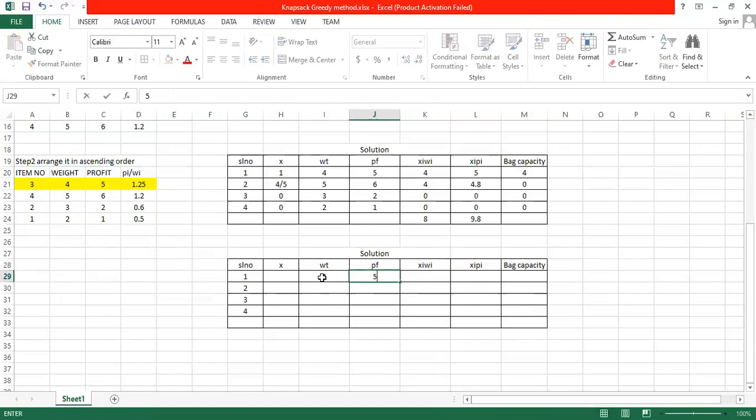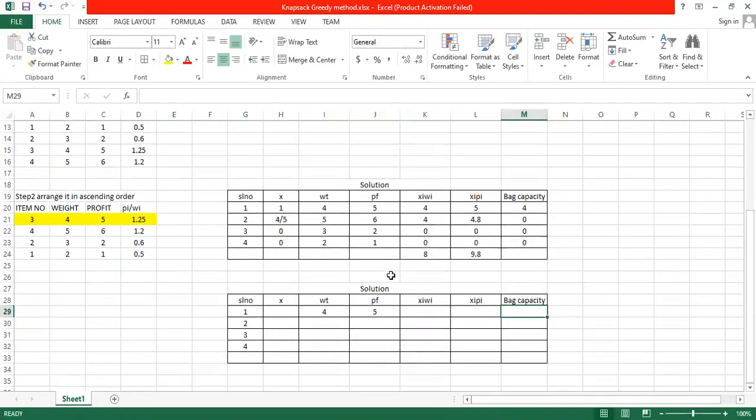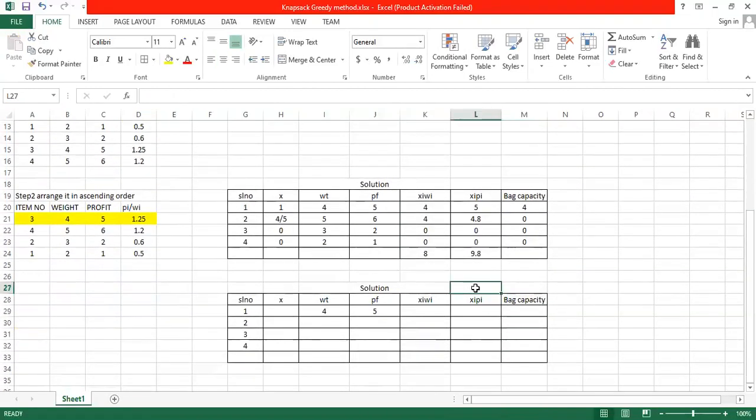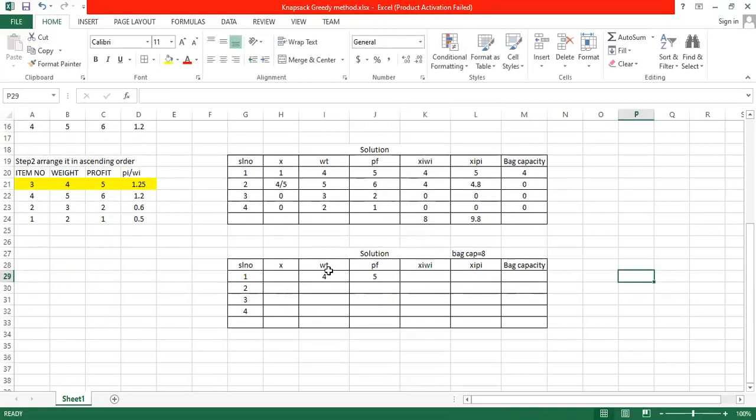It is 5. Now what is my bag capacity? For the first time, at the beginning, the bag capacity is 8. Now I will decide whether I can add my item 1.